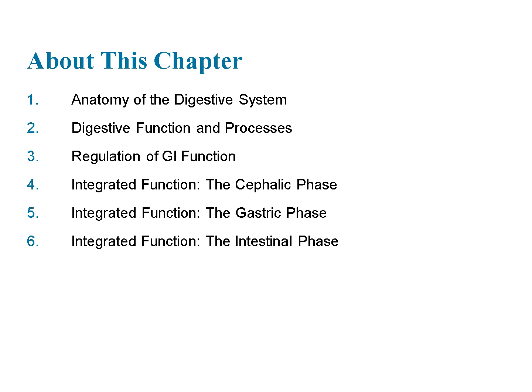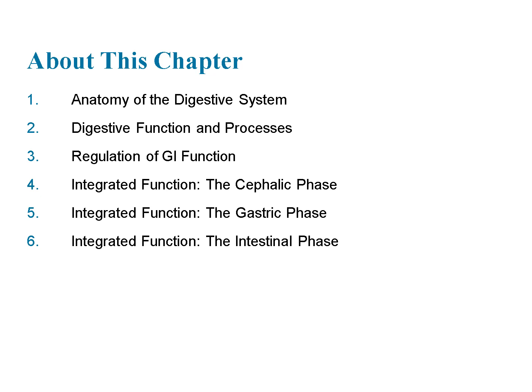The regulation of gastrointestinal function highlights how the nervous and endocrine systems coordinate digestion. We then explore the cephalic phase, which initiates digestion before food enters the stomach. Next, the gastric phase covers the stomach's role in chemical digestion and protein breakdown. Finally, the intestinal phase explains nutrient absorption in the small intestine and waste concentration in the large intestine. By the end of this chapter, you will have a deeper understanding of how the digestive system works to support